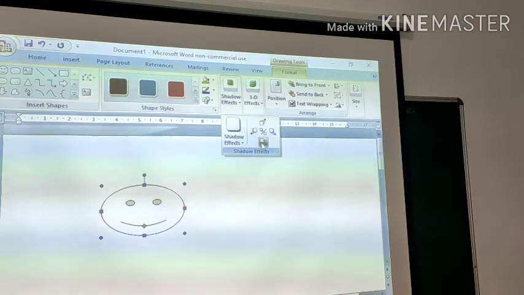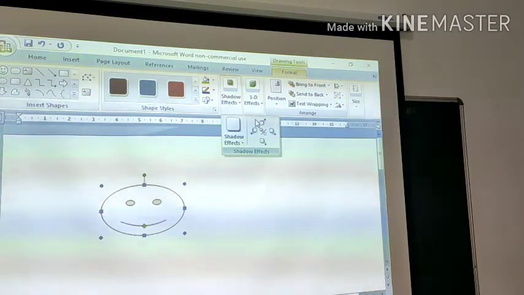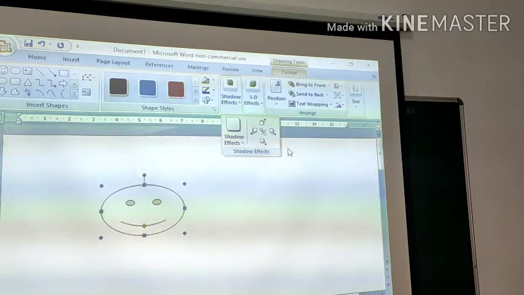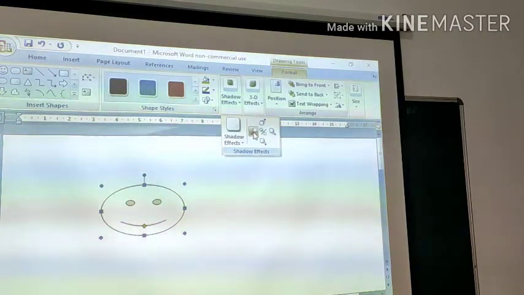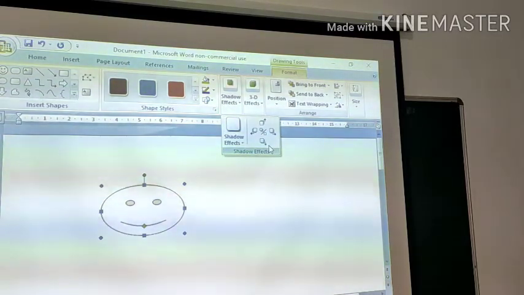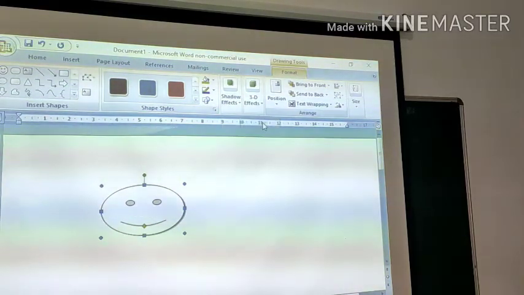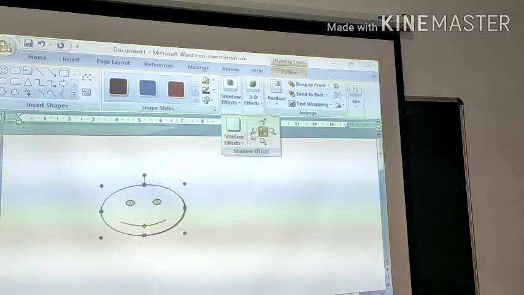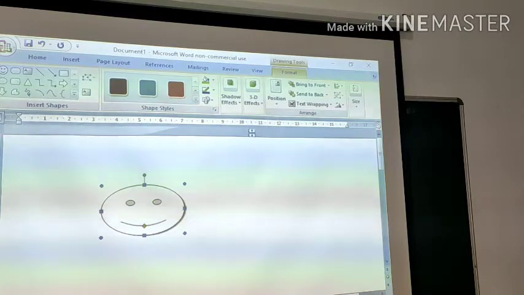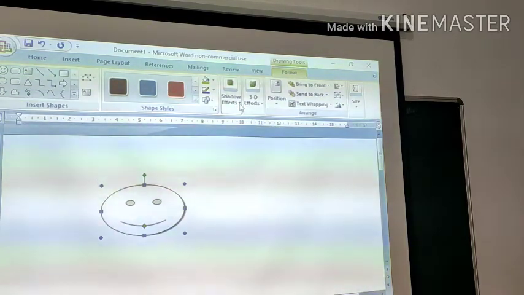This one is called Nudge Shadow Up. This one is called Nudge Shadow Right. This is called Nudge Shadow Left, right, up and down. So select any shape, any side like this, and you can apply the shadow effect.